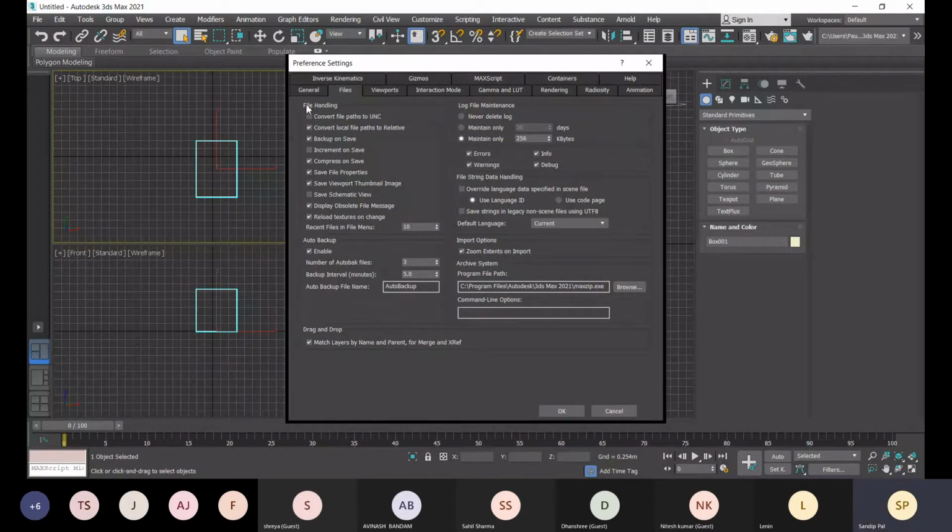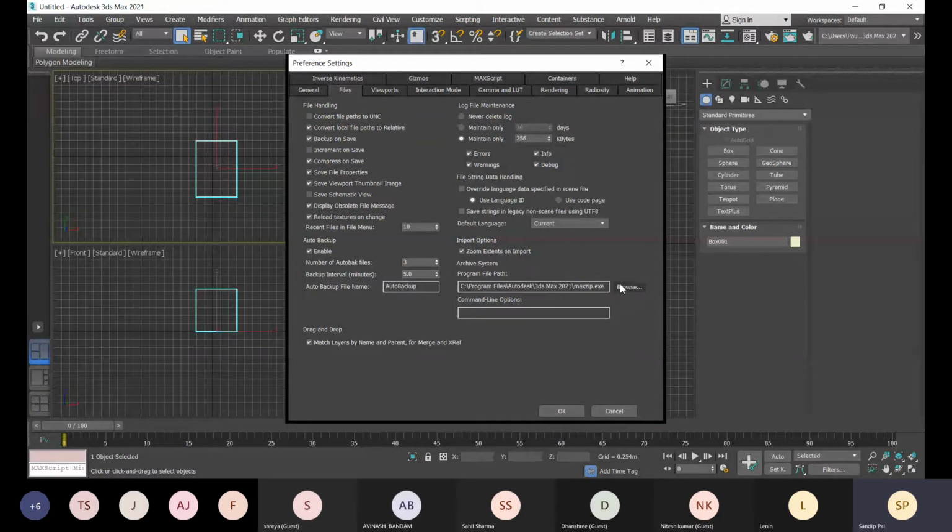What should be set in this file handling? Auto backup should be enabled, because if there is any fatal error or any power failure, you won't lose your file. And here you can choose the file path, what would be the default file path.